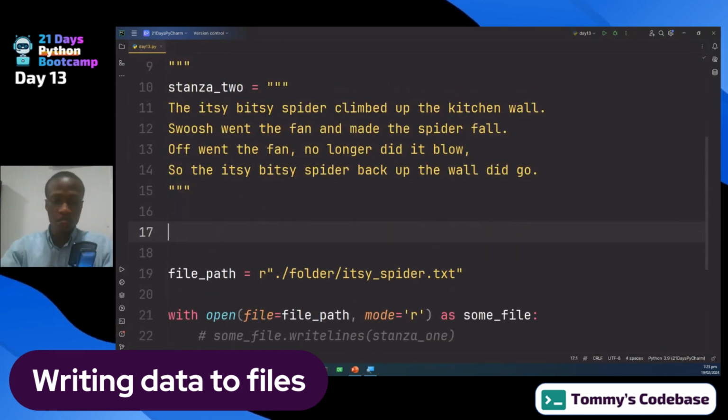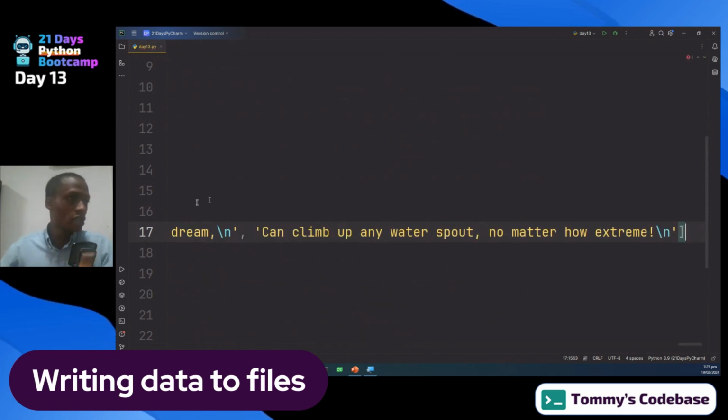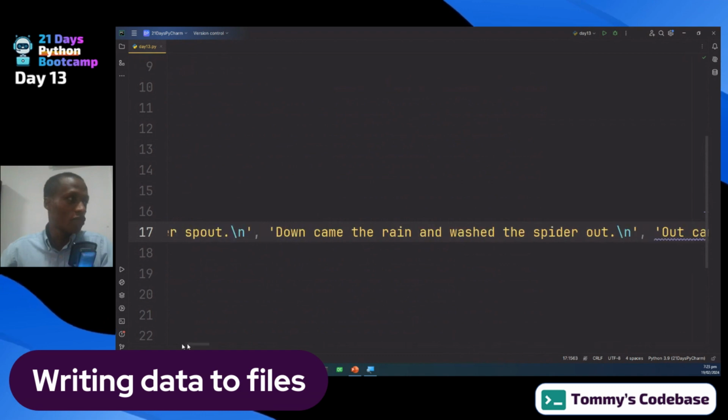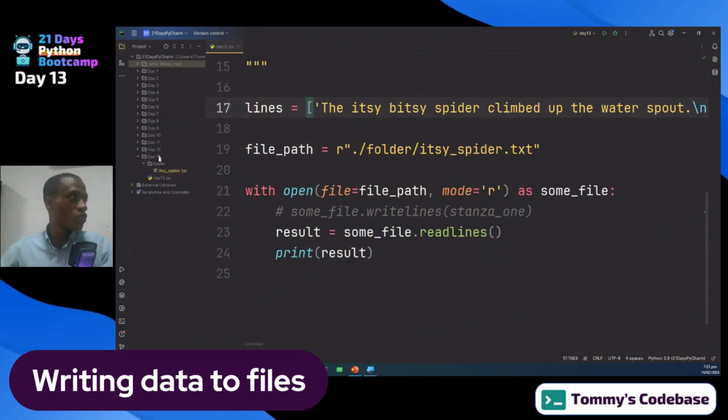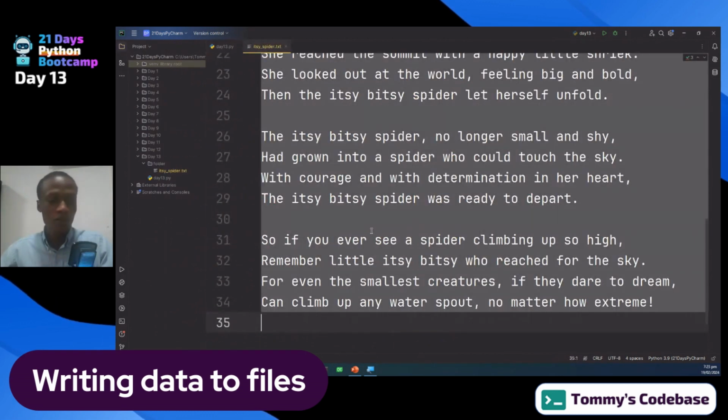So maybe you can just say lines equal to, and then I'll paste it. It's a list of sentences or lines, so to speak. So a very long one. We don't have to worry about that. So in the case where you want to now write to it, let me go ahead and clear all the contents once again,